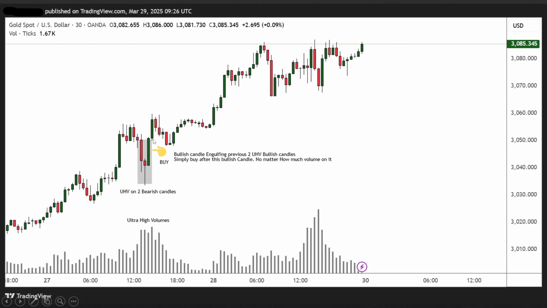Okay, you just buy it. Any engulfing pattern that is closing above the ultra high volume sell candles is a sign to buy. You have to buy this. You have to put the stop loss below there, and you can expect 1:3, 1:4. Okay,